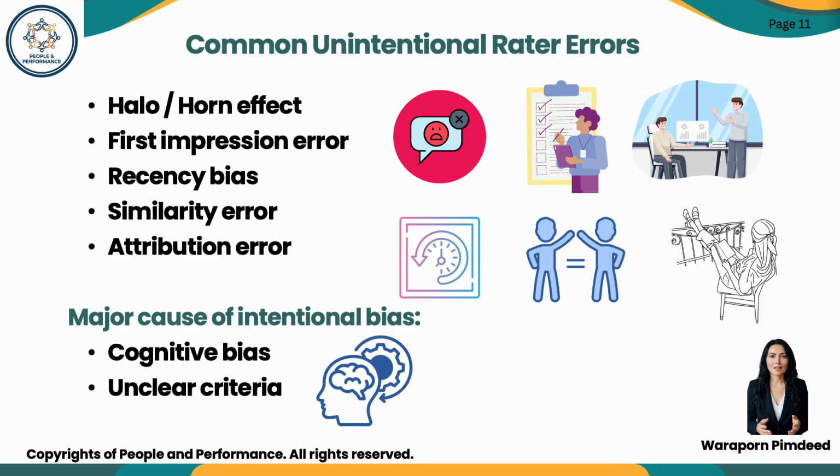The halo effect occurs when one negative trait influences the entire rating, while the horns effect arises when one positive trait overshadows the entire rating. The assessor falls back on trait-like judgments of the person rather than the performance. First impression error occurs when the assessor develops an enduring negative or positive impression of the assessee at an initial encounter and allows that impression to color the assessment of all subsequent performance, which is similar to the halo and horns errors. Recency bias gives too much weight to recent events.